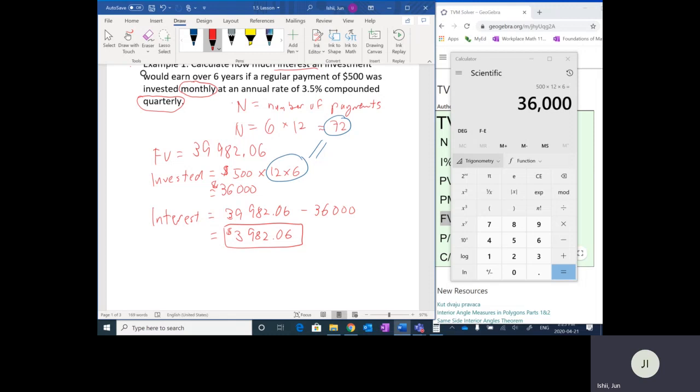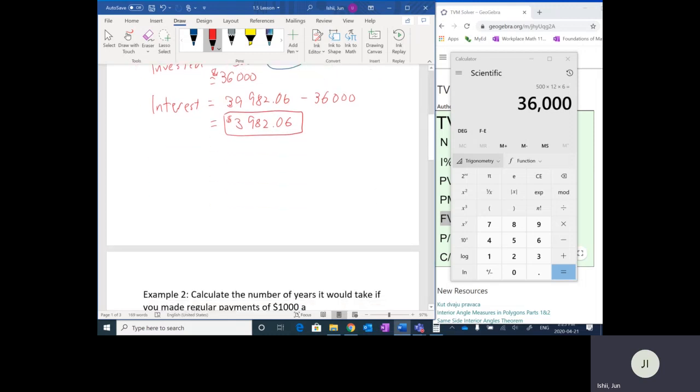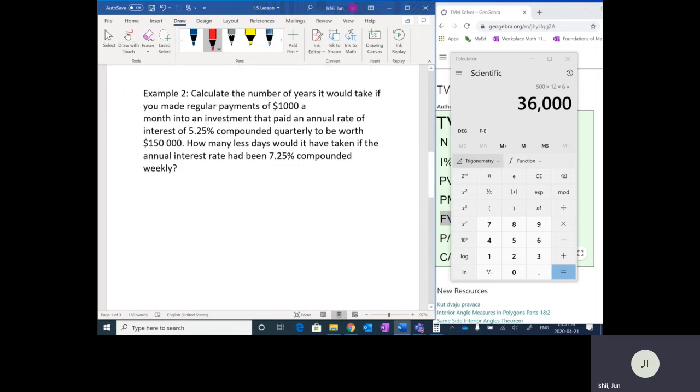Cool. All right, so let's go on to the next one. So let me just scroll this up here. All right, so we want to calculate the number of years it would take if you made regular payments of $1,000 a month into an investment that paid an annual rate of 5.25% compounded quarterly to be worth $150,000. How many less days would it take if the annual